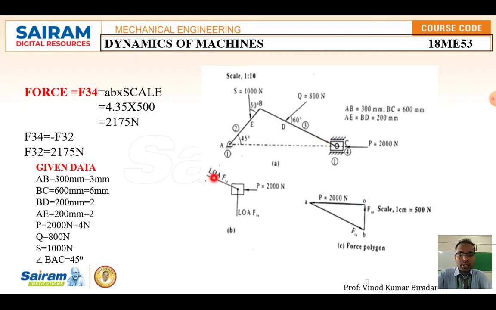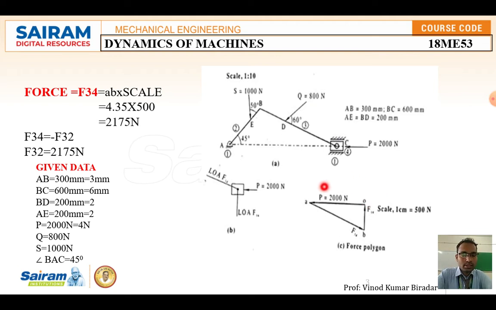Based on this we need to calculate the force. Here again P is equal to 2000 Newton. We cannot draw this 2000 Newton with the help of our scale, so we have to convert to some suitable scale. I converted here, scale is equal to 1 centimeter is equal to 500 Newton, so 2000 divided by 500, you are going to get 4. Take the scale and keep it at this point, on that scale this force P. Just drag the line P like this. You have to measure OA equal to 4. So you have to draw the horizontal line.